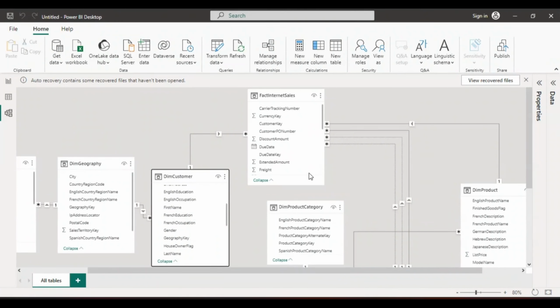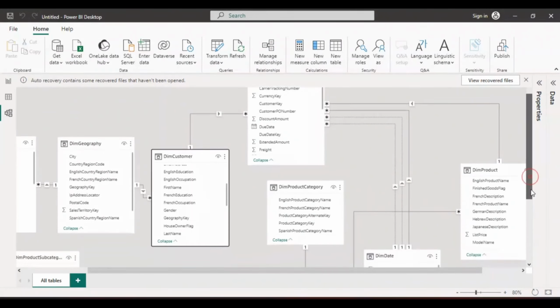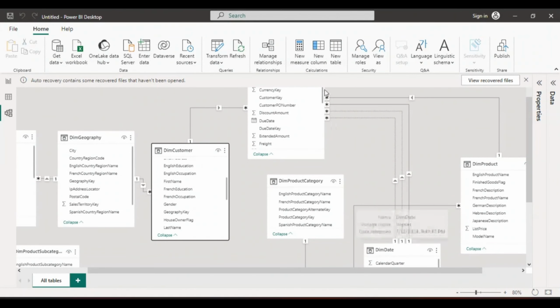Now the next one is one to many. Now you can look at fact internet sell. We are seeing a one to many relationship. Fact internet sell is one table, but it's relating with many tables. You can see that it is relating with dim product, it's relating with the table down, dim date, it's relating with